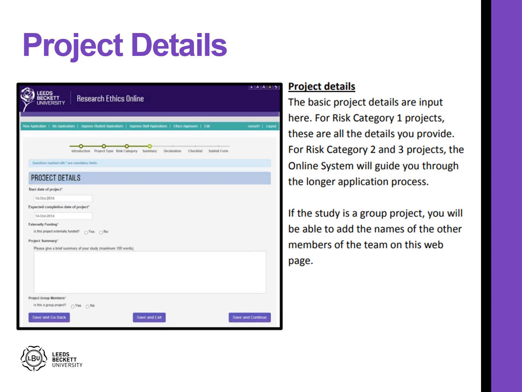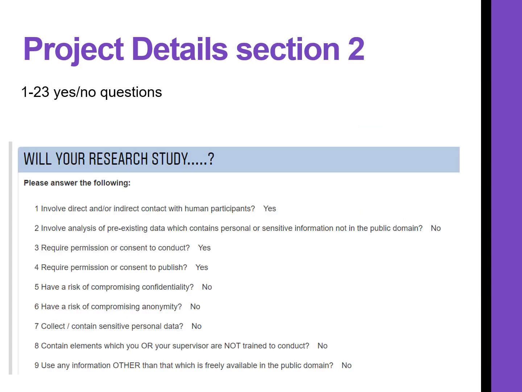Start date, today, whatever it might be. End date, assignment end date. Brief description of your project. So you've decided to do a project on, state what it's all about. Why you're doing it, what you're hoping to find out and so on. You don't need a lot of words. It's maximum 100. So if we look at those questions 1 to 23,